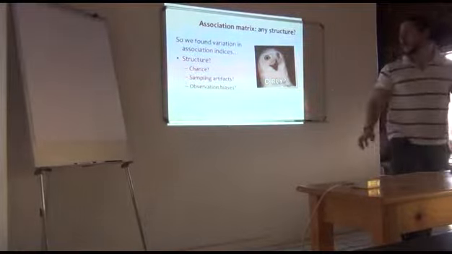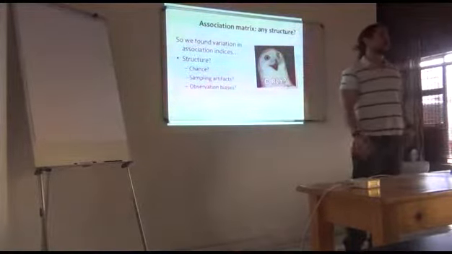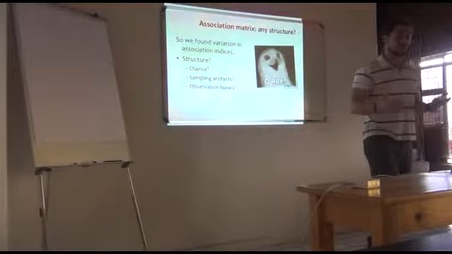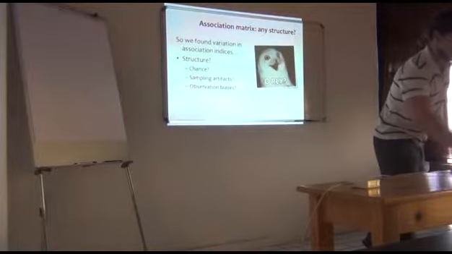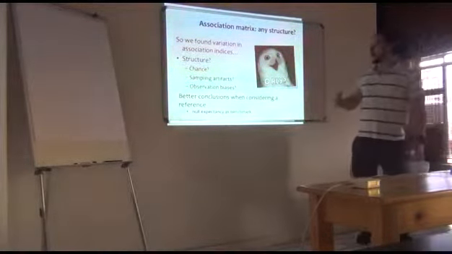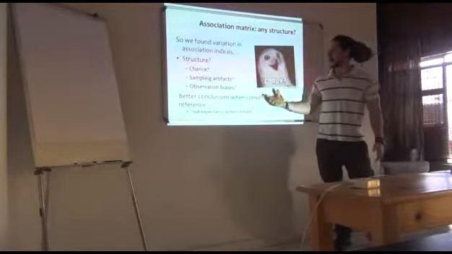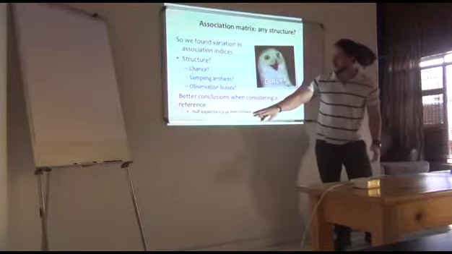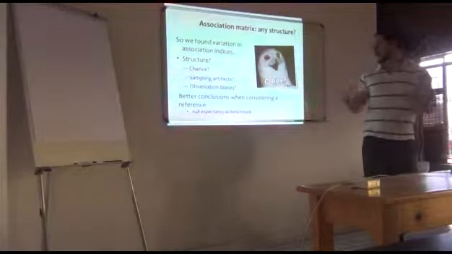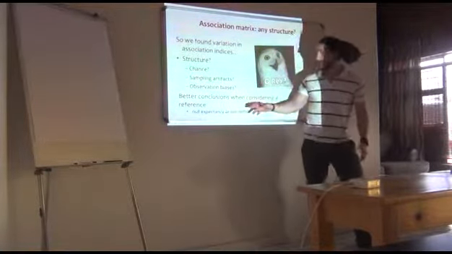Or some observation biases. If you're using photo ID, for example, some individuals are super easy to identify and others are not, so there's some individual variation in detectability as well. So we're going to have better conclusions about this when we consider a reference. And our reference here would be what we would expect by chance. So we want to see right now what's the null expectancy